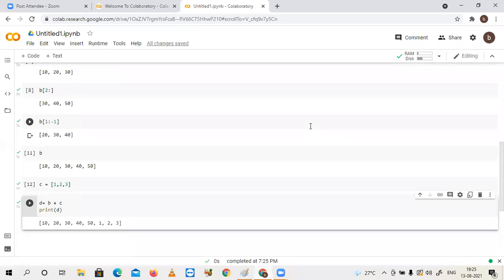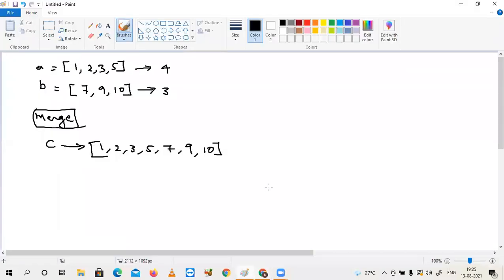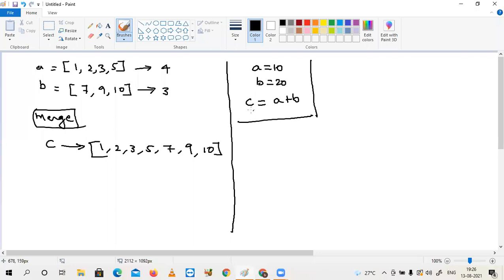Okay, here one concept I want to touch. This is a next level concept. When we step into object-oriented programming, we will clearly discuss it. For now, I am just briefing. Sir, A value 10, B value 20. I am saying that C equal to A plus B. What is your expected answer for C? 30.